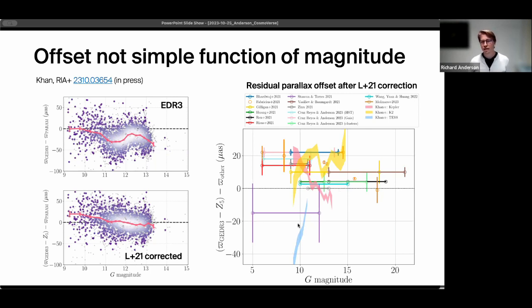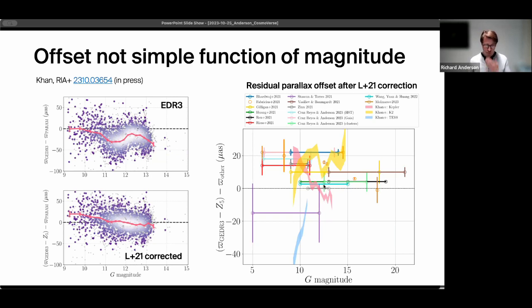But the TESS observations here are processed the exact same way as Kepler and K2, and there's no way that these can be reconciled with one another. So it seems very clear that at the bright magnitudes, we don't sufficiently understand the parallax offset to get things very accurately. But at fainter magnitudes, and here I'm saying 11 and fainter, it looks like even with Kepler,